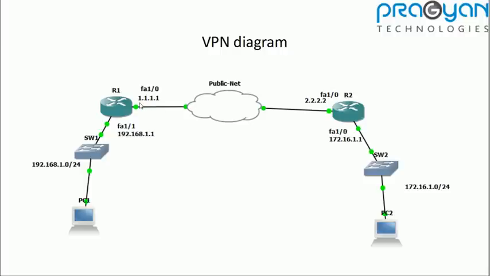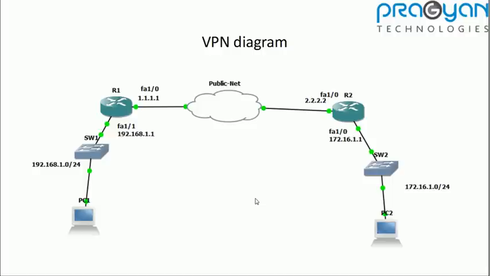171.1.1.1 is at one side of the router, where we have a public IP address. Similarly, 2.2.2.2 is another public IP address. So this network, now in this network, if PC1 has to communicate to PC2, they cannot communicate directly using their original IP addresses. So one solution is you could NAT these IP addresses to a public IP address in R1